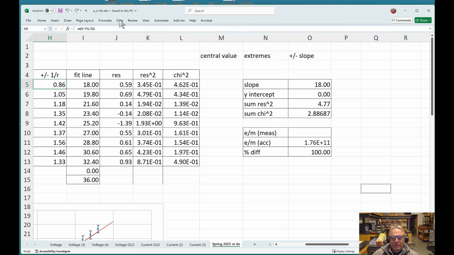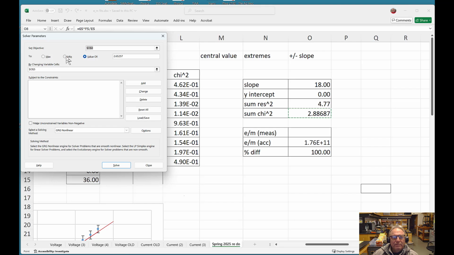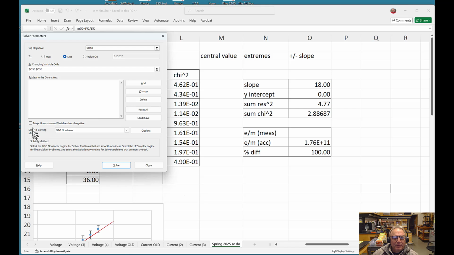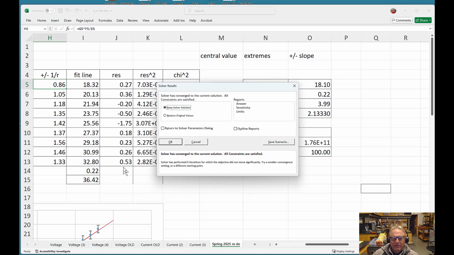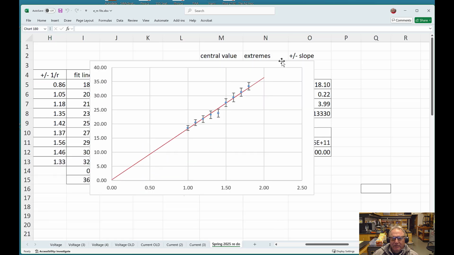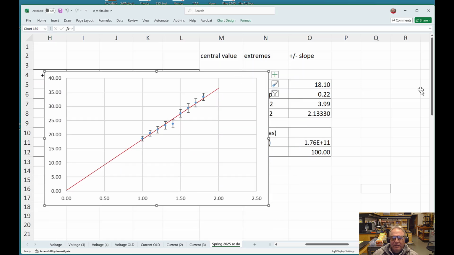So in fact, we can at least do that much before I have to leave. So it's the sum of the chi-square, and we wanted to change the slope and the y-intercept, and we make sure non-negative is unchecked, and we hit solve, and ideally we look at the graph, because remember, this can't be undone for some reason, but we see that it looks nice,